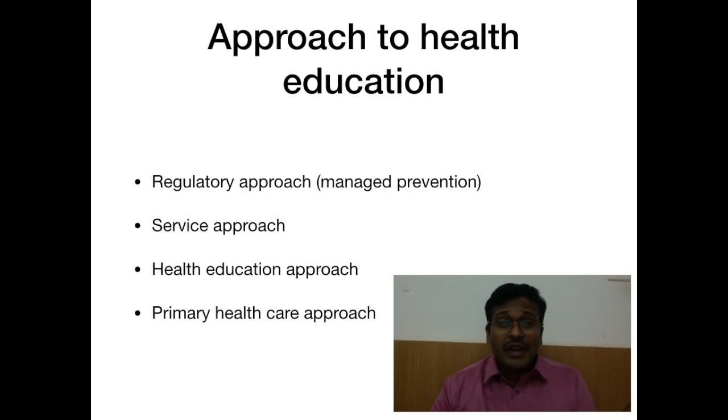places. We have a law for prohibition of alcohol. We have a child restraint act. These are all regulatory approaches to bring about a behavior change. We are using the law, we are using coercion, we are using compulsion. This form of approach may work out in some situations, but most often it becomes a failure.